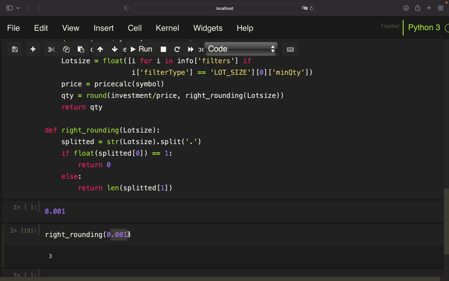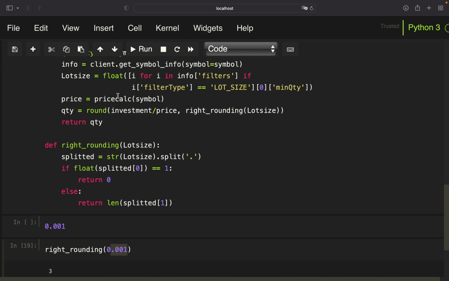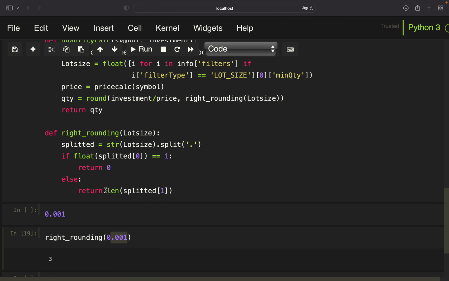So that you are rounding the division of investment by price with the right decimals. And again, this is pulling lot size from here. This is being passed to this function, and then you have the right quantity. Works on every single coin. And yeah, this is quite a struggle. I know that, but it is working, and it is a bulletproof way to